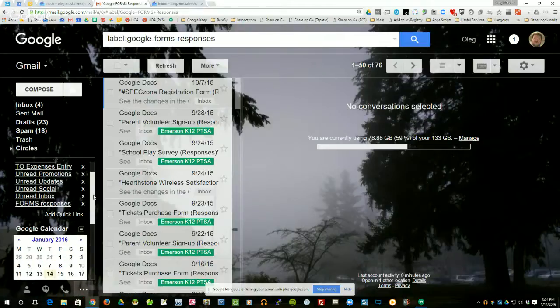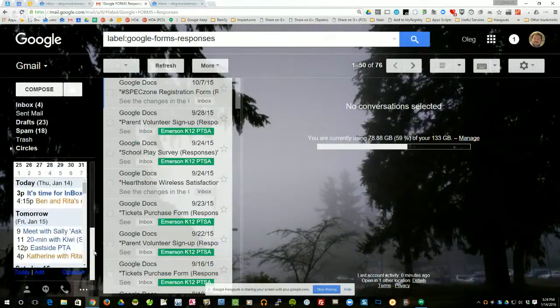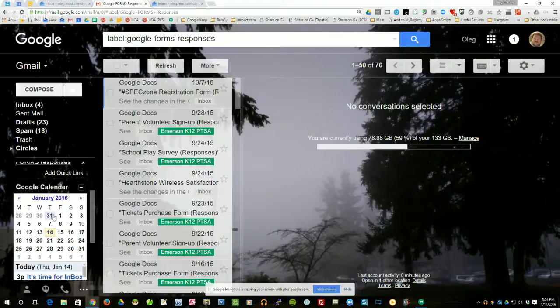Another thing it doesn't have is calendaring. As you can see over here, I can see my calendar, my agenda of what's going on right now and what's going to be happening soon. And I have the calendar display. Don't have that